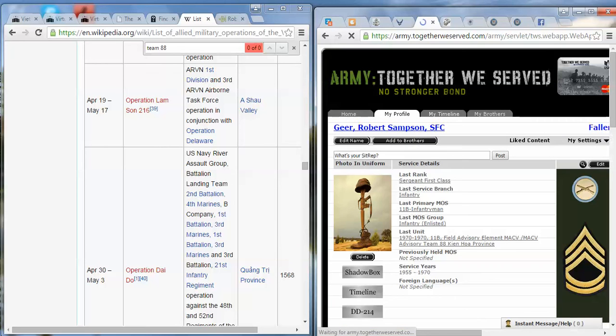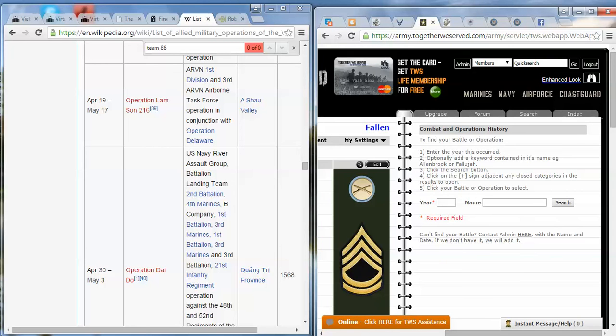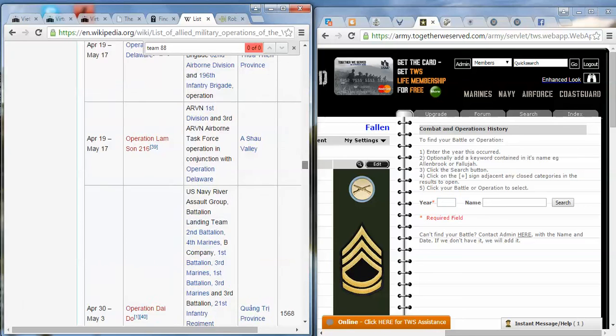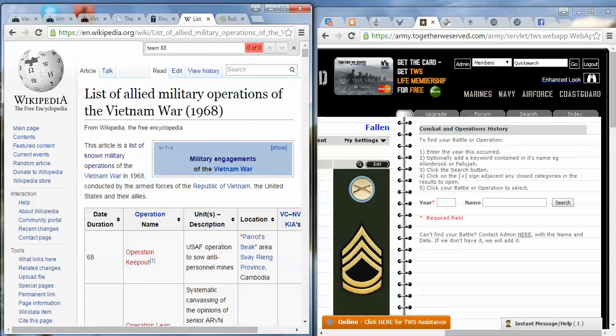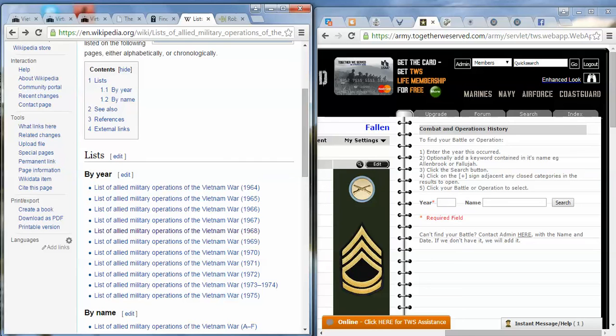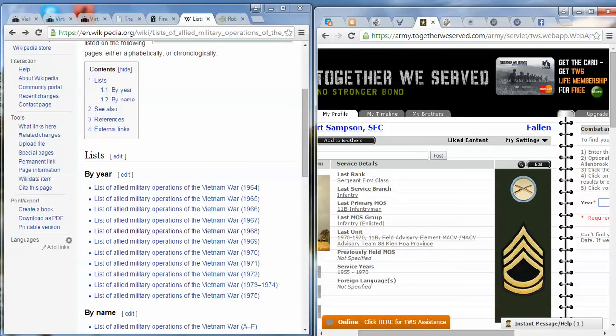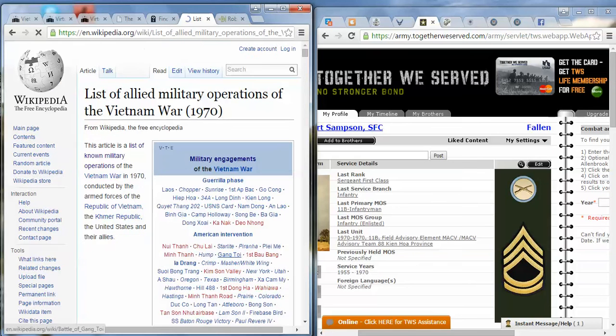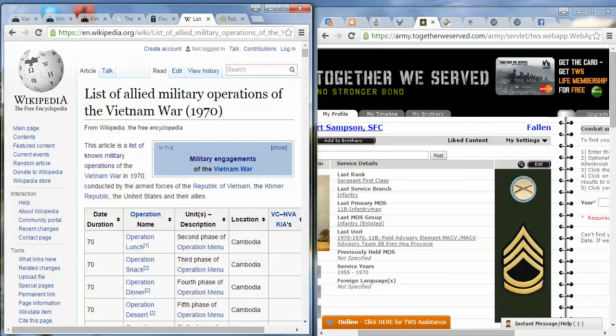And it didn't take, so let me do it again. Okay. 1970. Helps if I'm on the right page. Control F for find. Team 88.